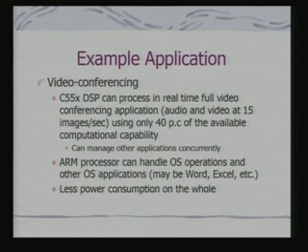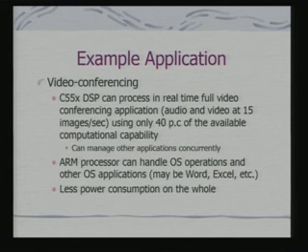So, the C55X DSP can process in real time a full video conferencing application using only 40% of the available computational capability, and it has been also found through benchmarking studies, and therefore it has about 60% of the computational capability available for managing other services concurrently.